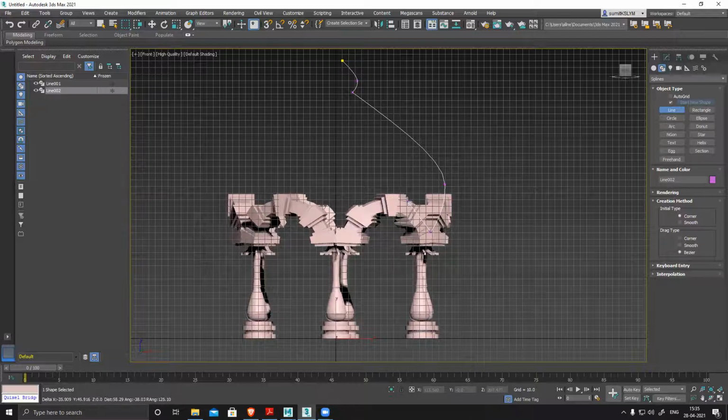So, yes, when you are using Edit Poly, and then after, if by chance you want to go to the spline or the line mode, they show one dialog box. So what is that dialog box about?